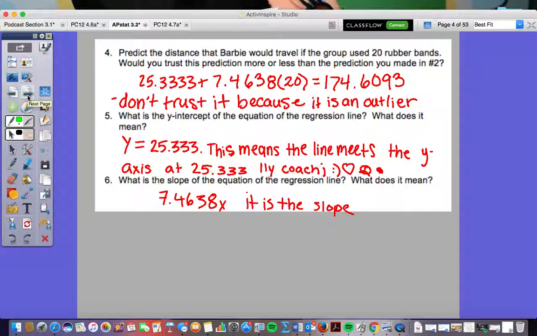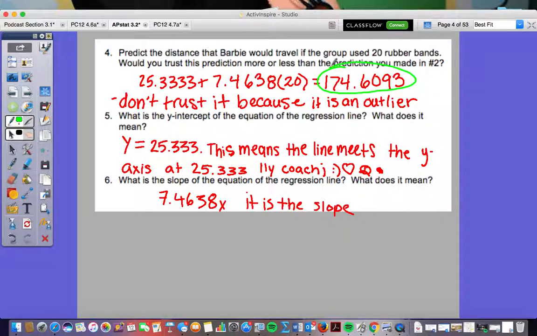Number 4, 5, and 6. We're going to go through those, and here we go. All right, so the question became this. Would you trust the prediction more or less than the prediction you made in number 2? Well, here, remember, this is where we went to the first definition I didn't get to. This point is way out yonder, okay? Way out there. When we plugged in 20, we got